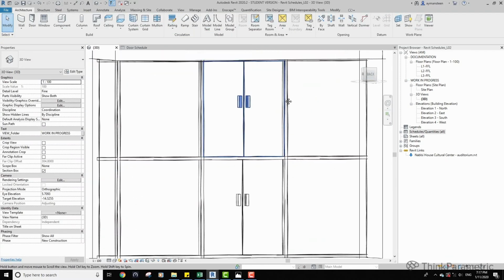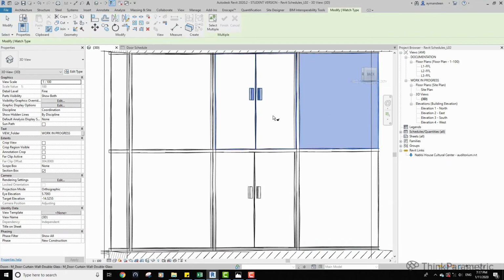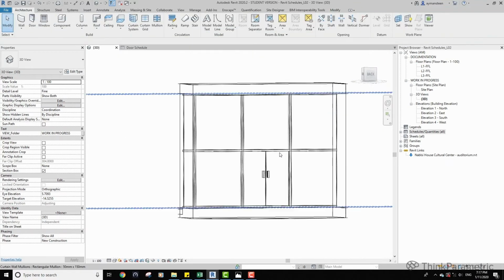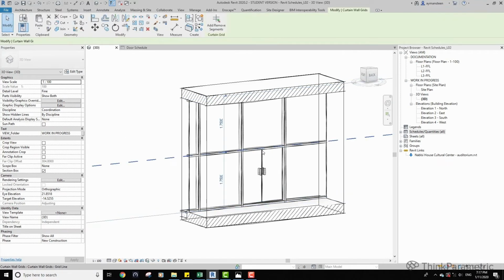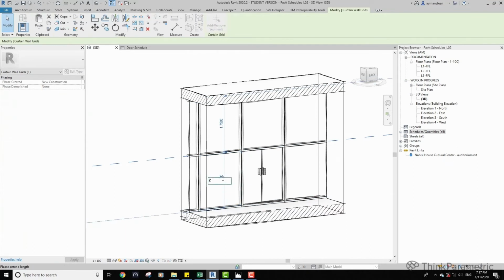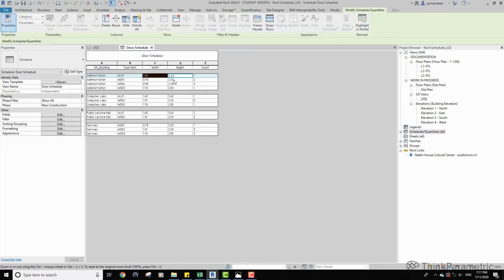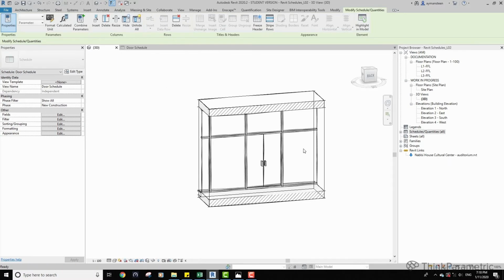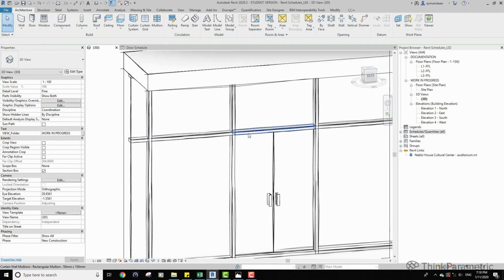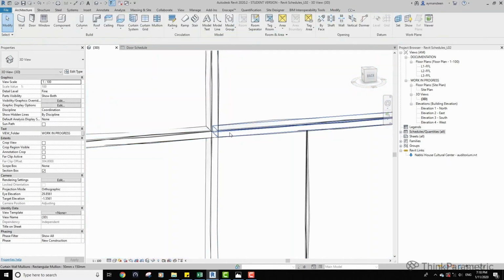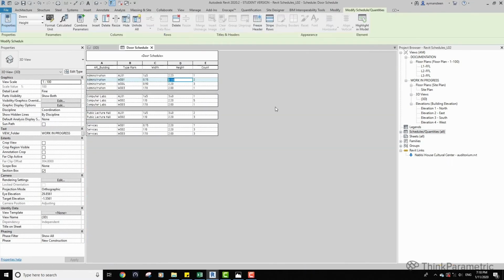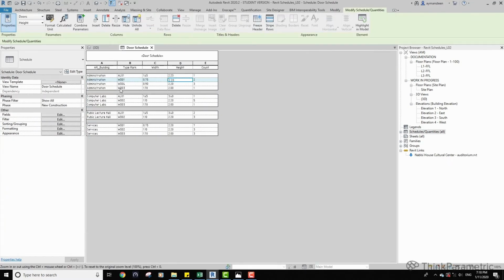So I want to match the properties of this panel to this panel, and actually raise this for 2 meters, for example, or 2.3, and this will be changed right here. Also, you can see that this is taking the center of the grid, so the mullions are having an offset up and down. Anyway, we don't want to include this in our schedule.